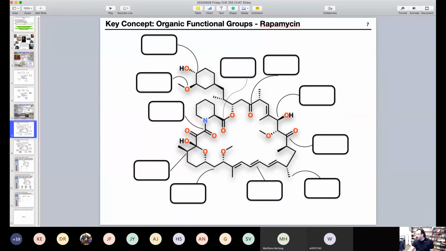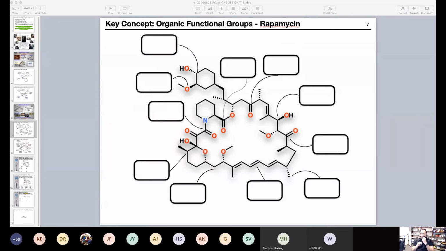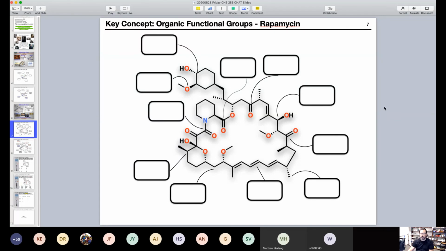So Columbia is asking about oxidation state 2. So I'm going to say OS2. Functional groups are aldehydes or ketones. It just so happens that this molecule does not have an aldehyde in it. So we said this was an oxidation state 2 functional group, a ketone. How does an aldehyde differ? You would have a carbon, and then this bond would be to hydrogen.